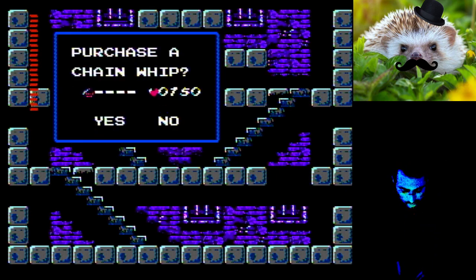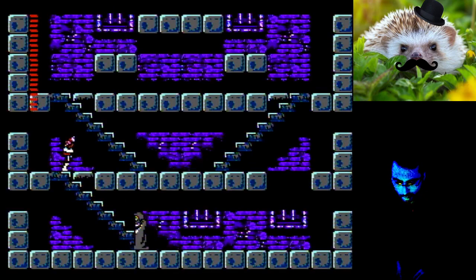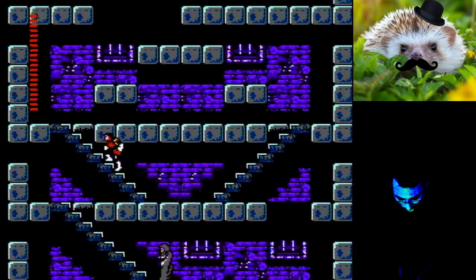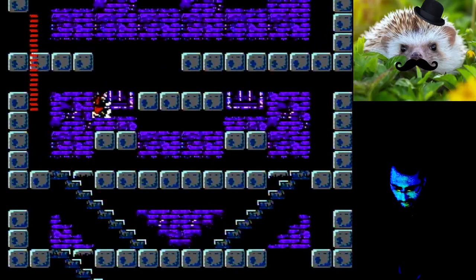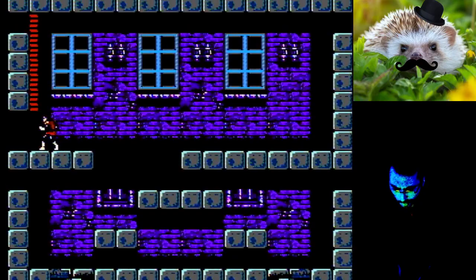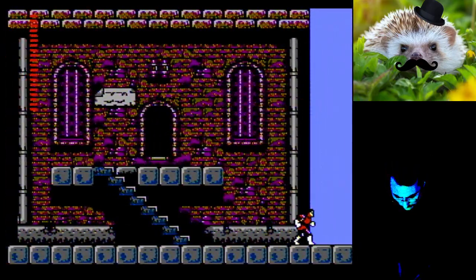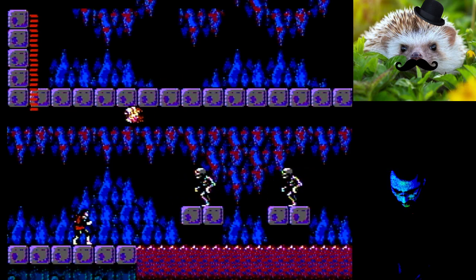Chain whip. Alright, so this is not where garlic is. So it must be town 3 where we get the garlic. Which is fine, because we have to go that way anyway to get to the graveyard. So the graveyard is... There's like a divide in the graveyard. I guess I don't have to go this way to get to the graveyard, but... The map... the place where the tornado takes you to...